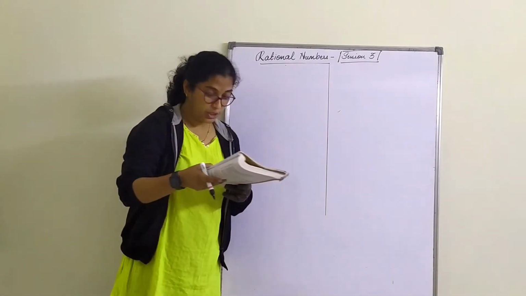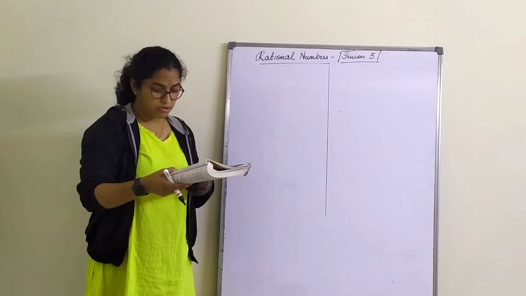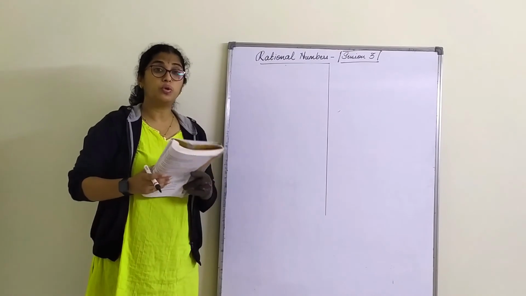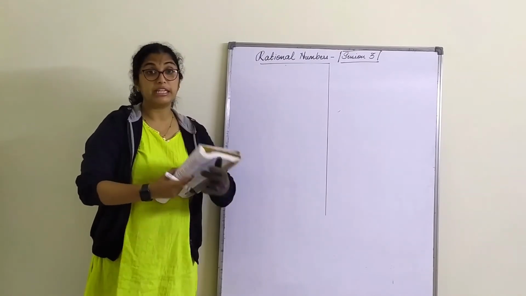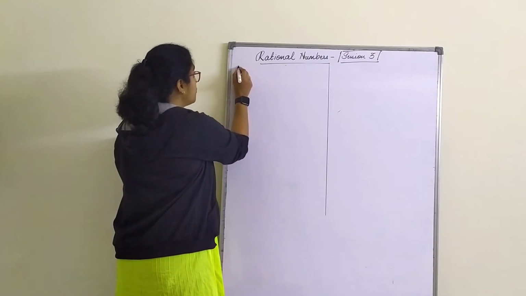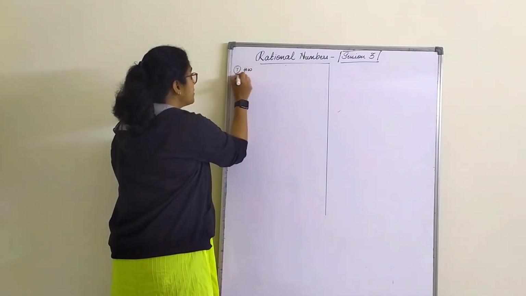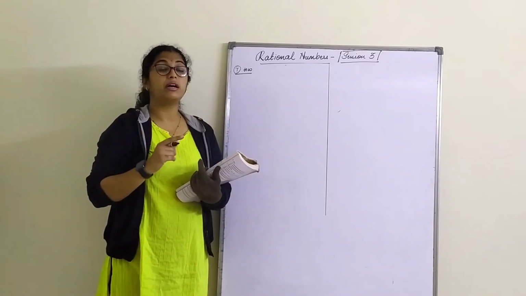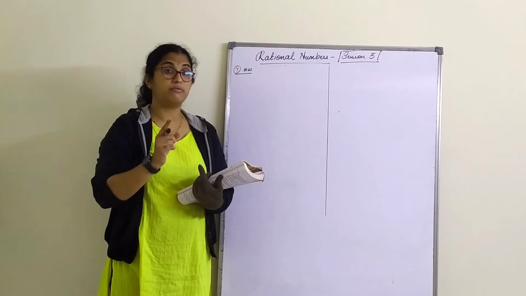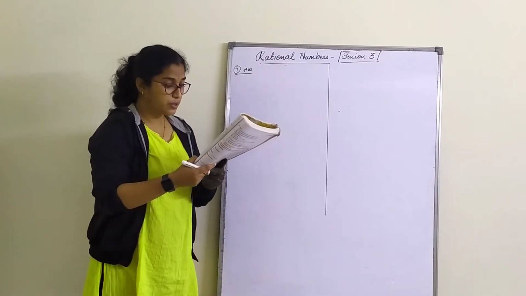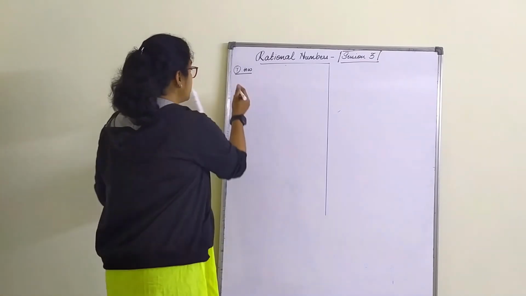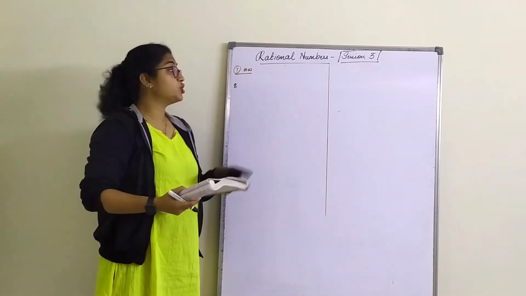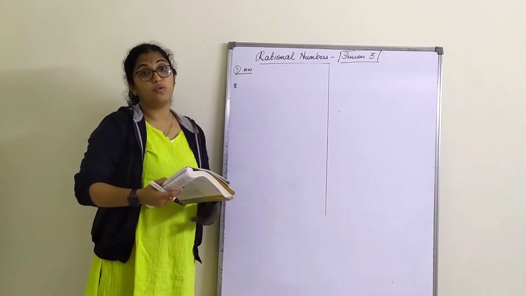Now here, seventh question: tell what property allows you to compute the given numbers. You need not solve that, but you only need to identify the property used here. So, the seventh question I am giving as homework. You need to just identify the property used. But please remember, with respect to addition or multiplication, you have to mention that. I'll start with the eighth one. Seventh one is homework. Tomorrow morning's next session, before I start, I'll first discuss the answers of the homework sums and then I will proceed further.